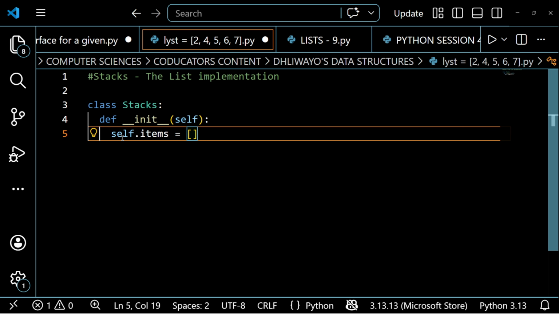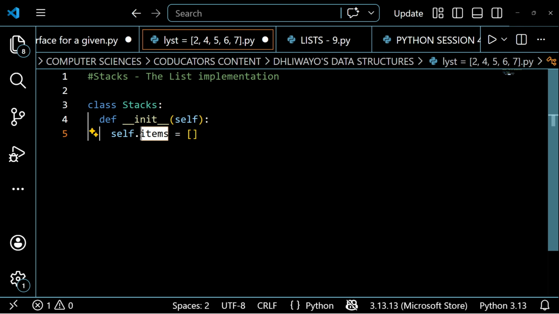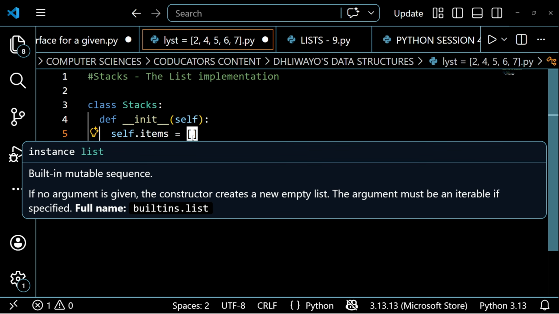All right. So when I say self.items is an empty list, it simply means that the first attribute or the first characteristic of this object, or the first characteristic of a stack, which I am just going to call the items characteristic, is just going to be an empty list. All right. So a stack is just an empty list, guys. Don't overthink it. All right. We've been doing lists all along. You know that an empty list can exist, right? Because an empty list contains 0 items in it. So a stack begins as an empty list. You haven't started stacking anything on top.